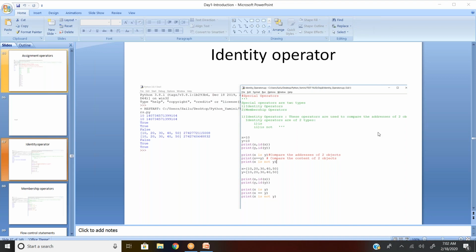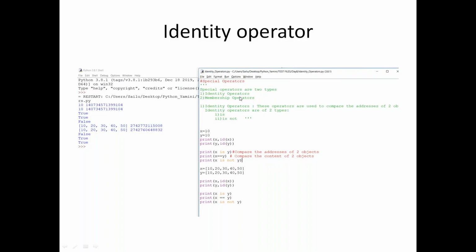Identity operators are going to help you check whether the identity of two different data types or two different variables is the same or different. Identity operators are special operators, and there are two types: identity operators and membership operators.